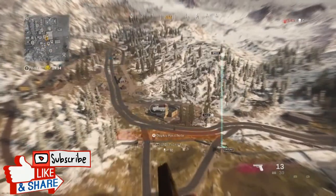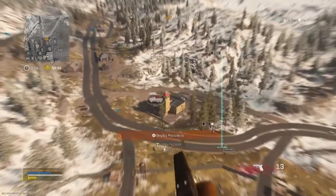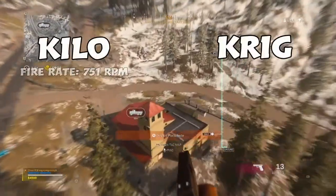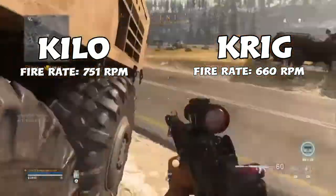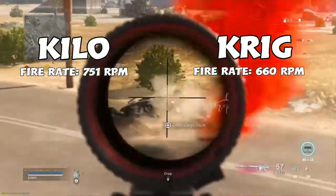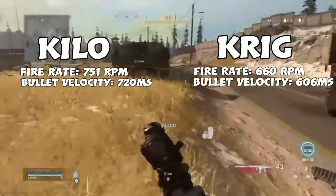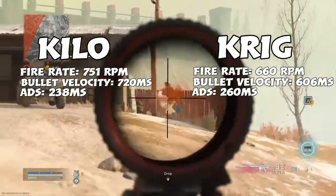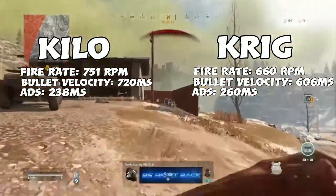So let's kickstart this comparison video with the weapon stats. The weapon stats for both assault rifles have got some similarities. The fire rate for the Kilo is 751 rounds per minute, whereas the KRIG has 660 rounds per minute. Now there is a bit of a difference there. The bullet velocity for the Kilo is 720 meters per second, and 606 meters per second for the KRIG. The aim down sight speed for the Kilo is 238 milliseconds and 260 milliseconds for the KRIG, but